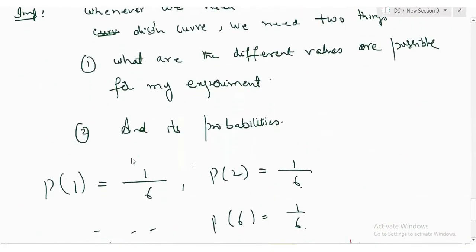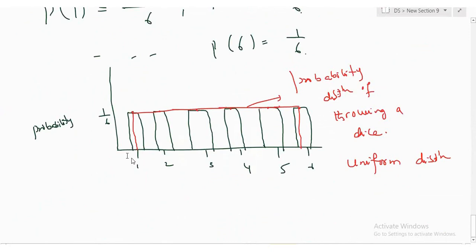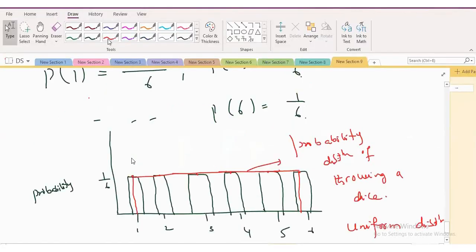It is like this. Now I want to plot the curve for 0 also. What is the meaning of this? You write 0, but that probability will become 0. So at that time, what is my curve going to look like? I may extend my curve like this side and this side. 0 probability. Interesting, guys?